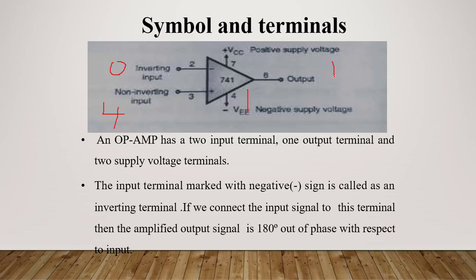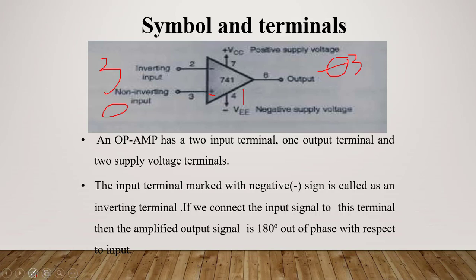4 into 1 is 4. So, I am getting the answer as 4. In the same way, I will take one more example, and this is 3 and something, 0. What happens here? 3 minus 0 is actually plus 0 and this one is 3. So I am getting minus 3, and again assume gain 1. So I am getting minus 3. The negative indicates it is an inverting one.